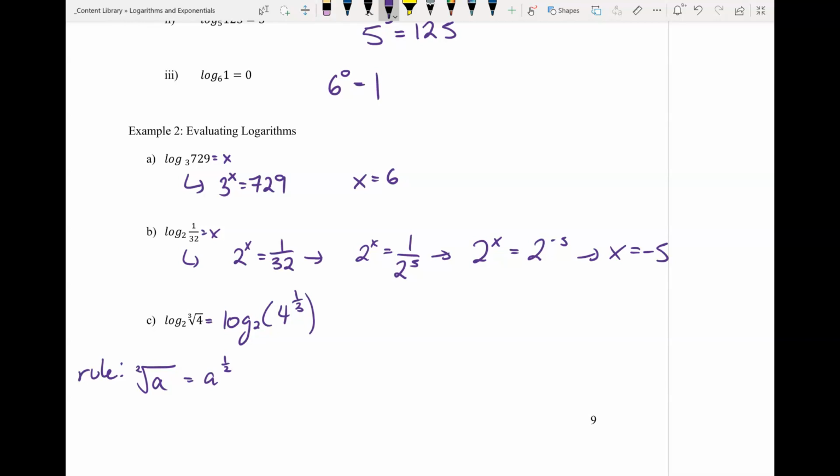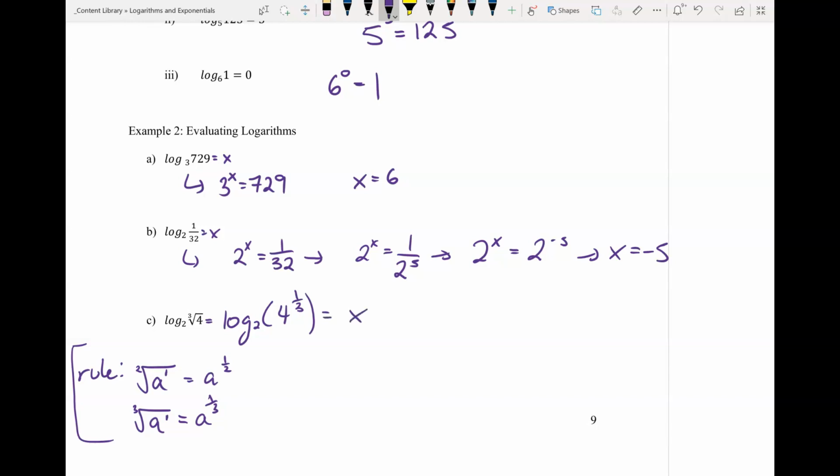Or let's just say you didn't have a square root, but you had a cube root instead. This is the same thing as saying e to the power of 1/3. So in other words, the exponent on the inside of the bracket that's associated with a is going to be in the numerator, and whatever you are rooting by, whether it's 2 or 3, will be in your denominator. So this is a rule of radicals that you should have learned before. Okay, so this is what we have,